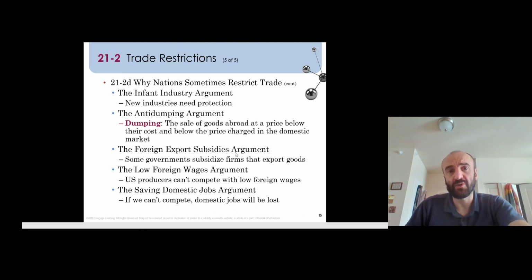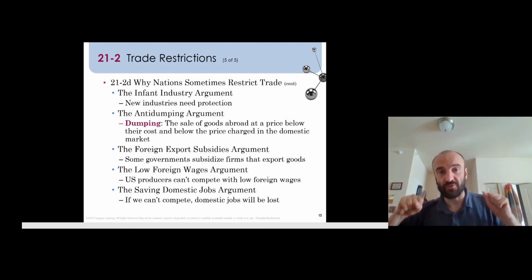Some of the technical arguments are like the infant industry argument. That means that, yes, we know that free trade is better, but we need to compete on an even playing field with others. Then we're going to protect our domestic industries who are young and not capable of competing on the world market for a while. And then once they're stronger, we're going to remove the